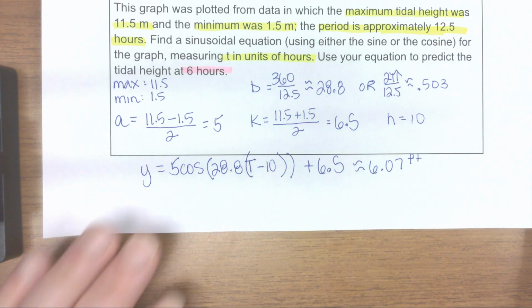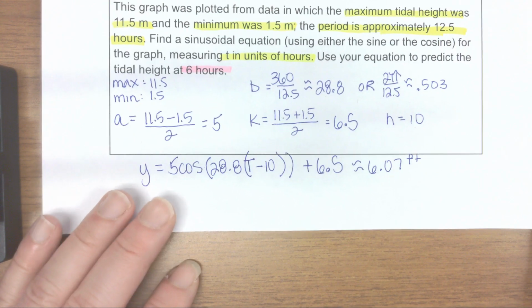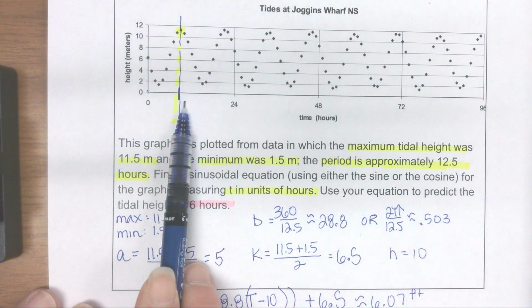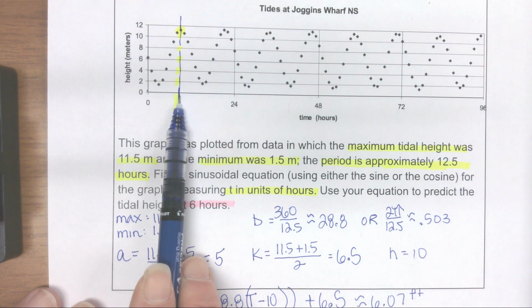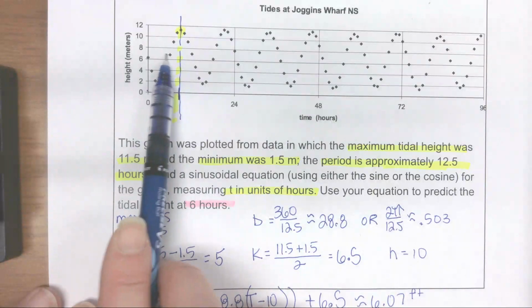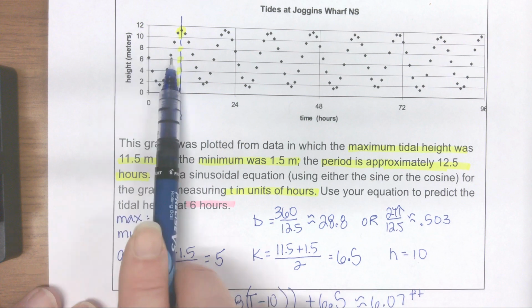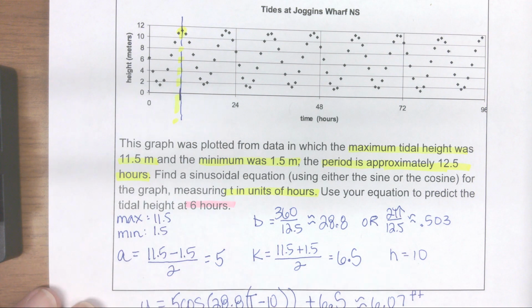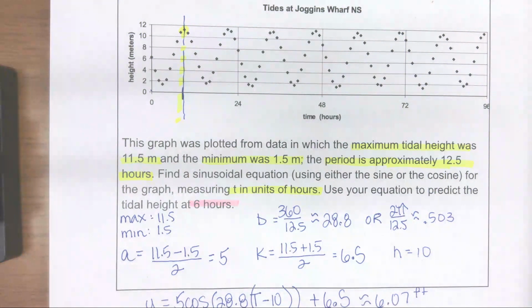Okay, does that look like it makes sense using the graph? So Kimberly said that looked like about 10 to her, right? So wouldn't 6 hours be a little bit over here? And would a height of 6.07 look like it would match around then? Yeah, it does. I mean, that data point looks like it's pretty close to 6 to me. All right, cool. Let's look at what we have on